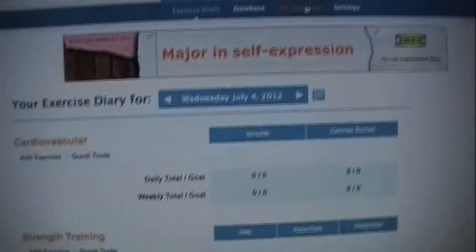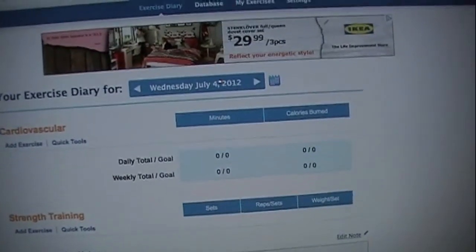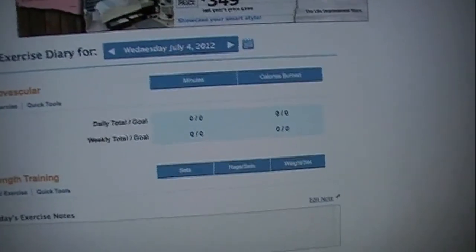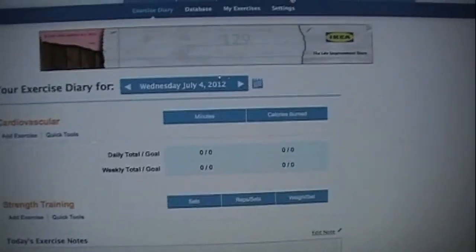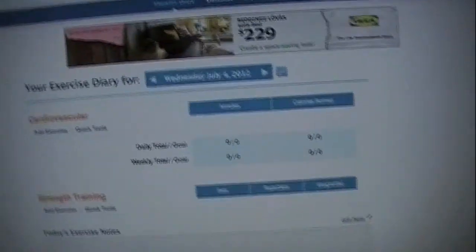Exercise. This tab, I don't use this tab. It gets confusing, so I would recommend ignoring this tab. Even if you add your calories, then you have to subtract them again. There's a lot of math involved. I'd rather look at an approximate value and get the amount of nutrition I need.